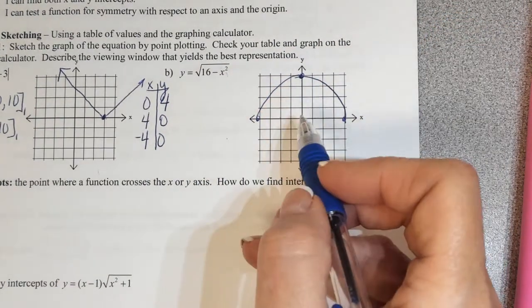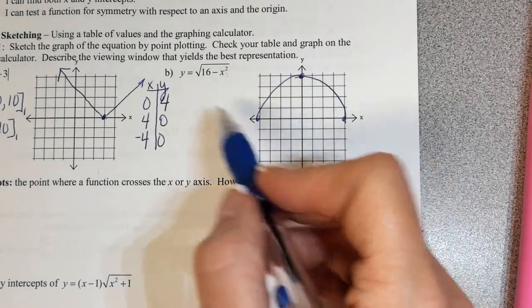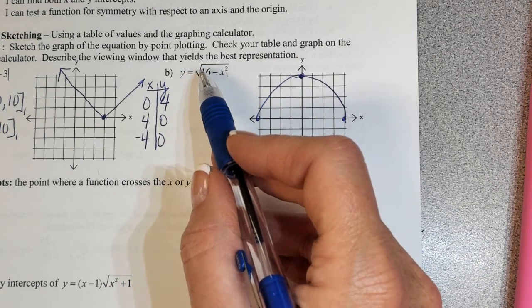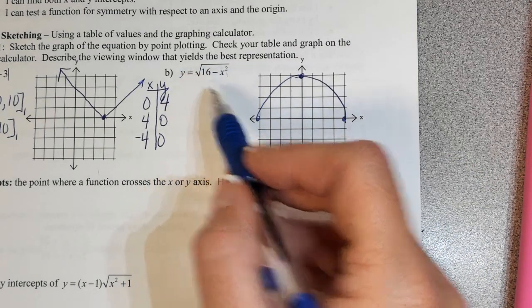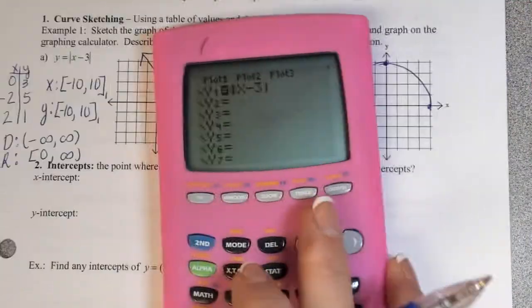What kind of shape is this then? It's not a complete circle though. The reason it's not a complete circle is because there's no plus or minus in front of it. If you remember from the warm-ups, we got plus or minus in the front, and that's what gave us the full circle. In fact, if I graph this on my calculator,